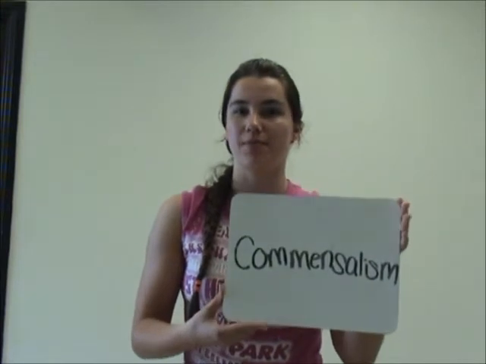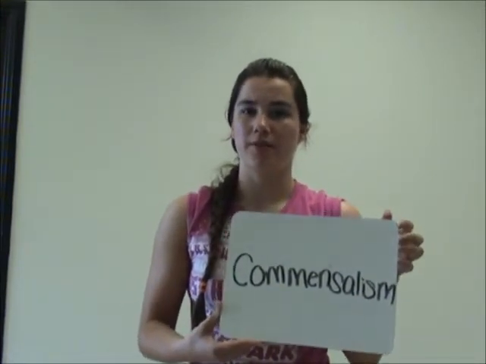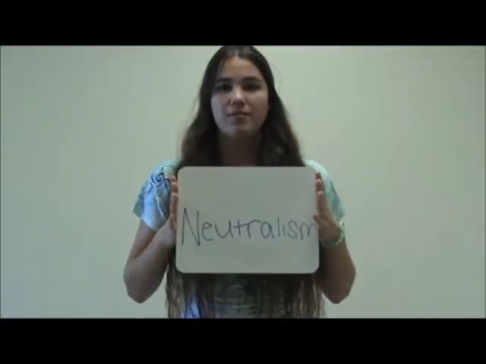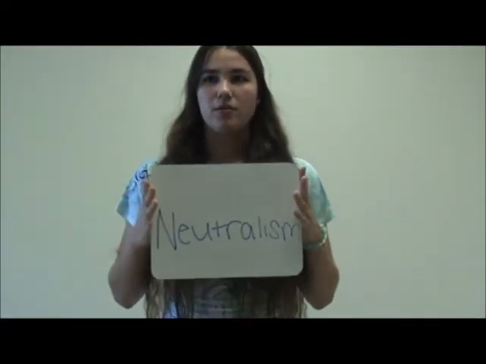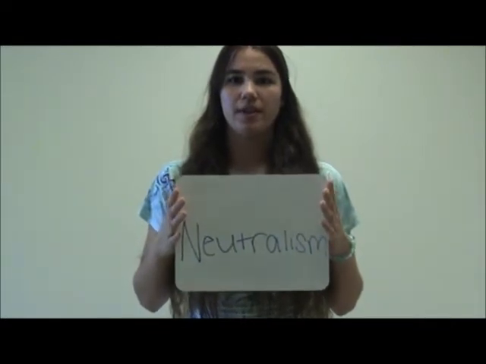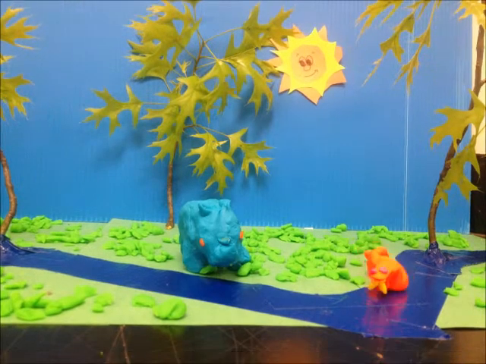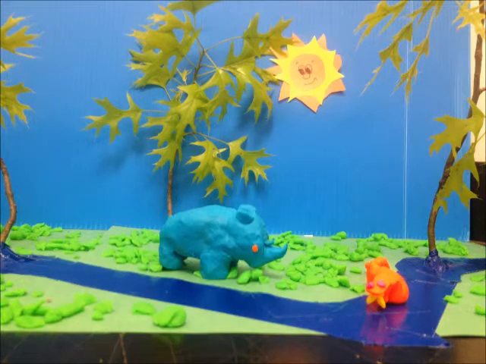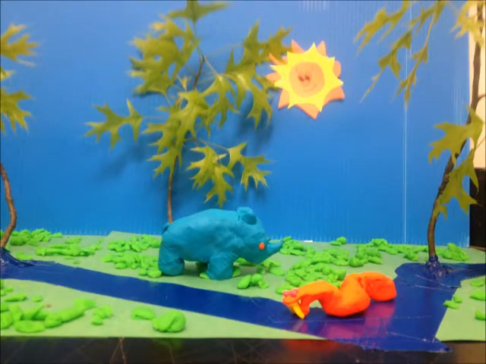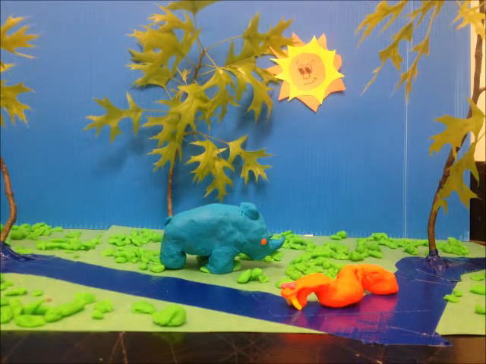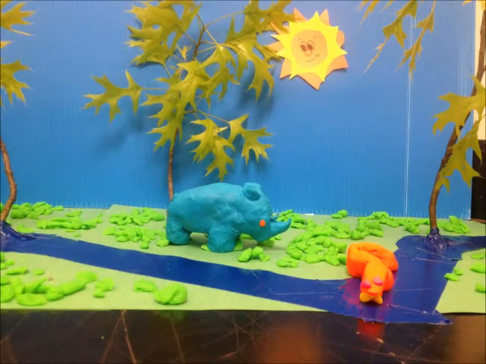Relationships between different organisms are known as symbiotic relationships. Symbiosis actually means living together. It explains how different species coexist together or how they don't. Commensalism is a type of symbiotic relationship where one organism benefits but the other is not affected. Neutralism is a type of symbiotic relationship where two organisms coexist with each other but one doesn't affect the other. An example of neutralism would be between the blue rhinoceros and the snake. The rhinoceros cannot eat the snake, and the snake doesn't try to attack the rhinoceros either. So they coexist peacefully without either of them having an effect on each other.